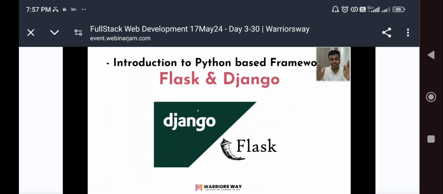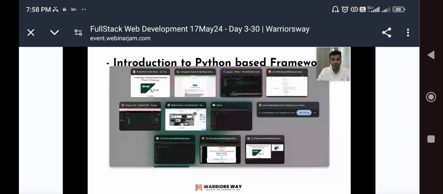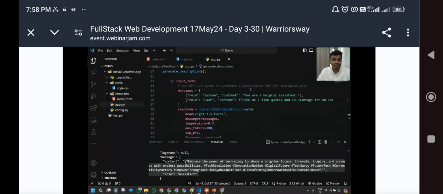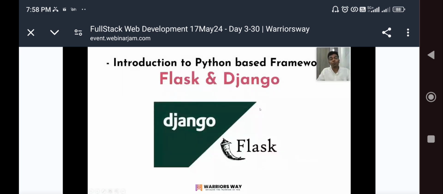Okay, so I hope you really love this application. We have created a web application which is powered by ChatGPT, I mean the OpenAI API, and we have used the GPT-3.5 Turbo model. Whenever you give a prompt, it gives us the quote and hashtags. And those people who really want to modify, if you want to generate something different, you can simply change the prompt here. Or you can even use it to generate code, I mean source code. It can be HTML code, it can be JavaScript code.